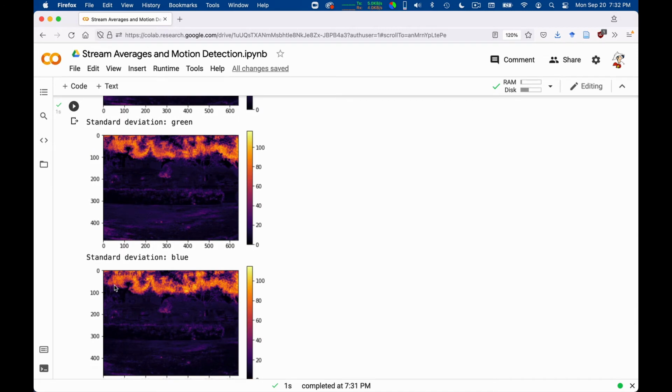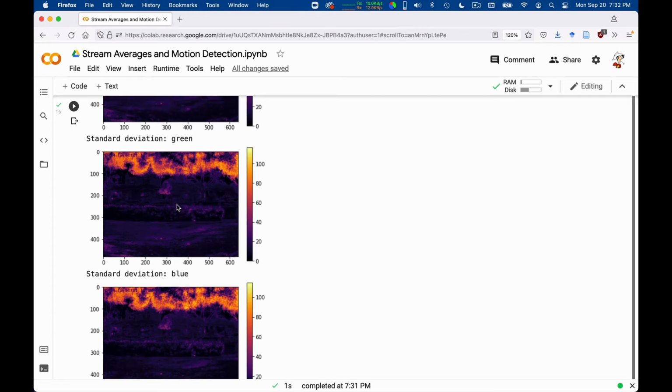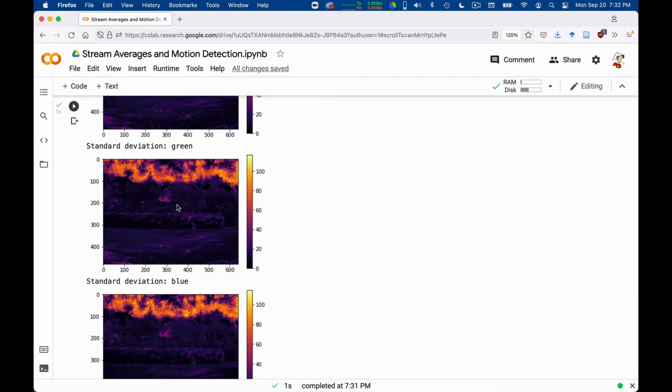So you see, the standard deviation has high values where the tree branches are moving and is fairly low elsewhere. So if there is something that moves in the image, like a car that enters the image, we should see that the difference between the new image and the average is much bigger than the standard deviation, which here is pretty low really. Okay, that's our idea for detecting motion.